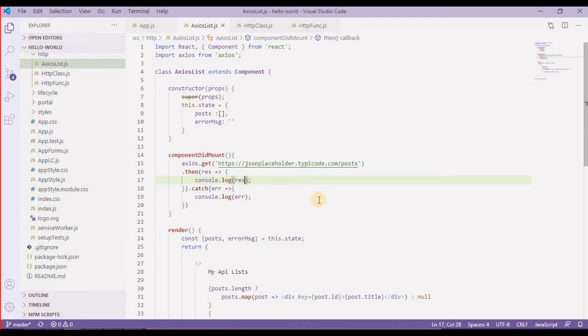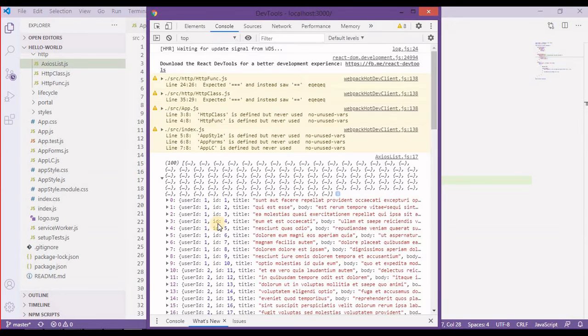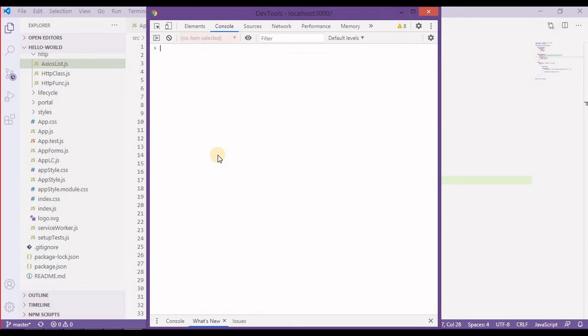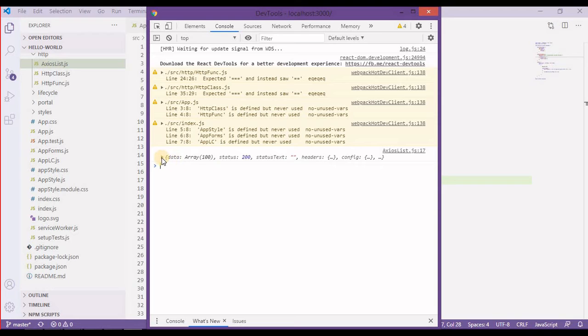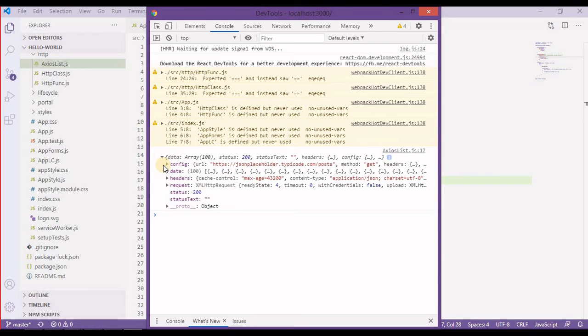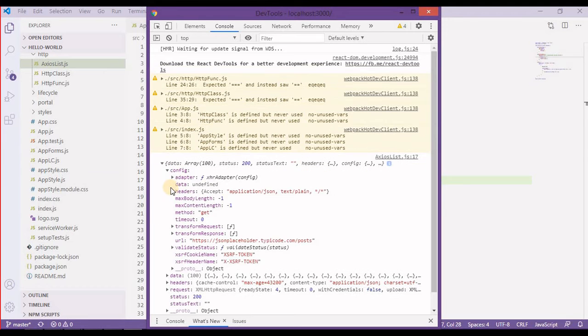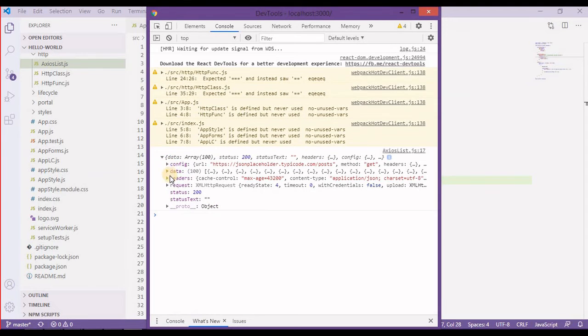Sometimes it doesn't render correctly. Okay, so we have an object which has data and other information like config, headers, and request status. So we get all this information from this object, and what we are going to render is the data.